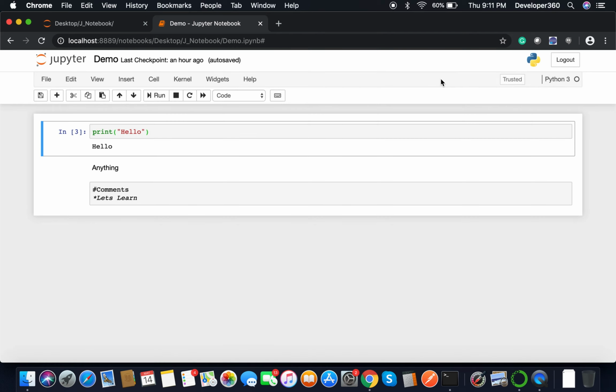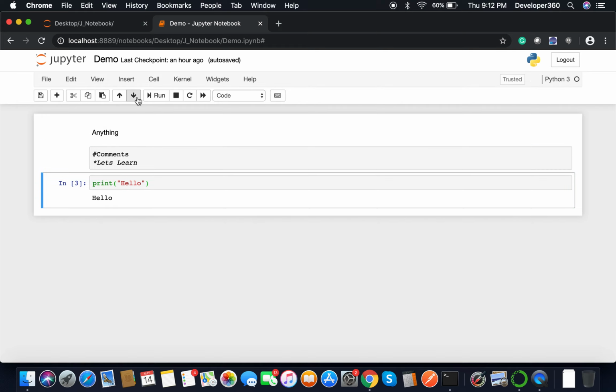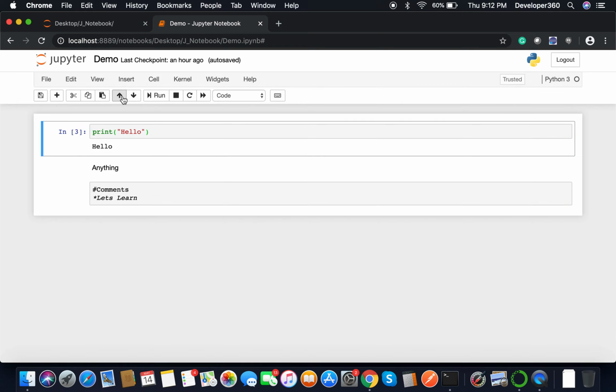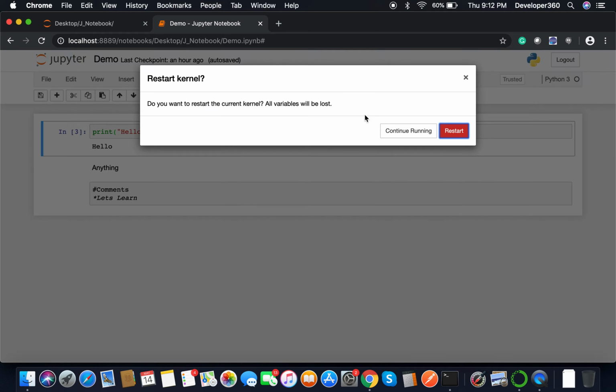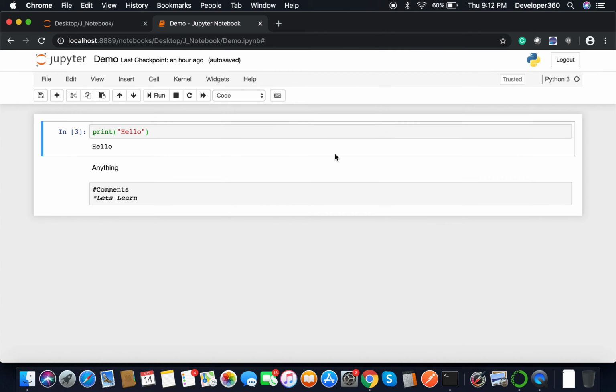So I think this is a good thing which we should know as a developer, to learn the Python language through this Jupyter notebook. Here also you can see all the options: cut, copy, paste, go to the next cell, change the cell, change their sequence, refresh, restart, all those things are available.